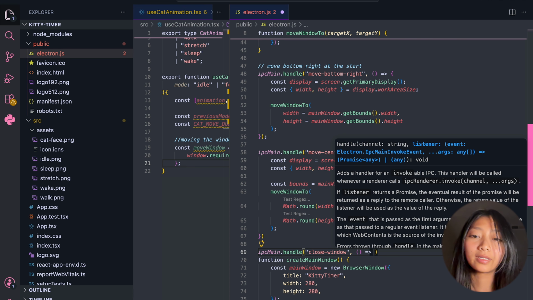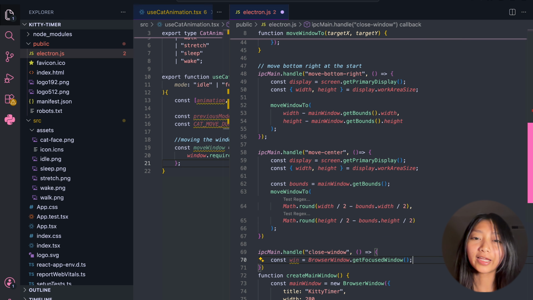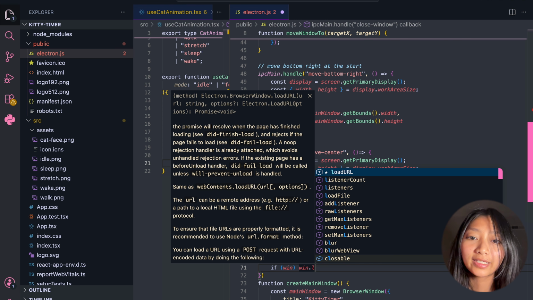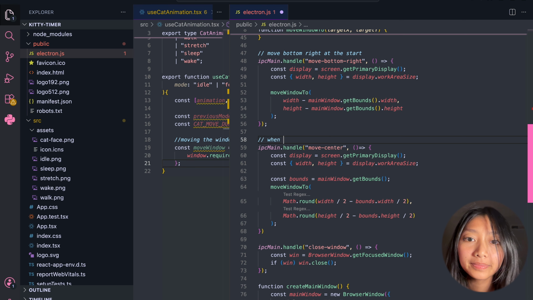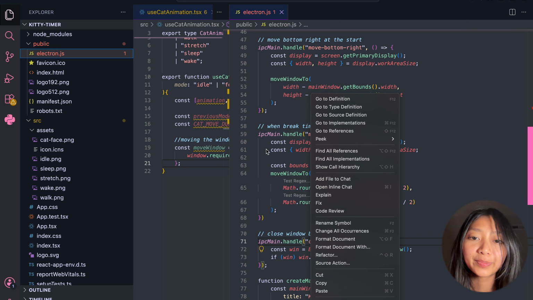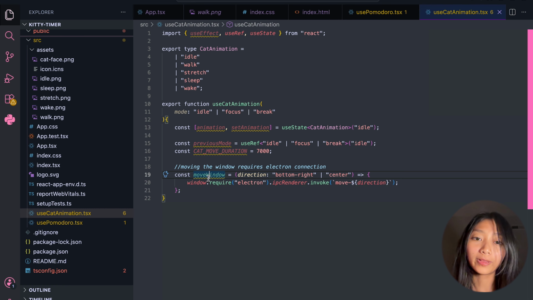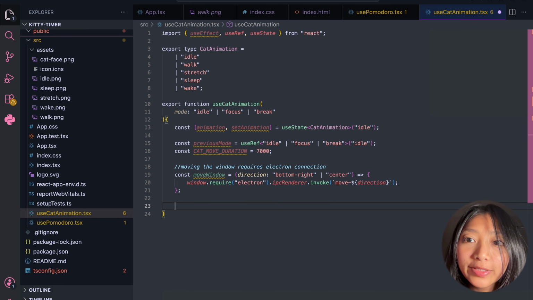And we also want our close window function that we will be writing later in app.tsx, but let's just write that for now as well. You know, the little X button on the top left one? Yeah. Okay, we're back to our useCatAnimation